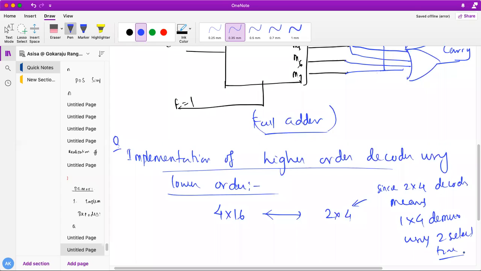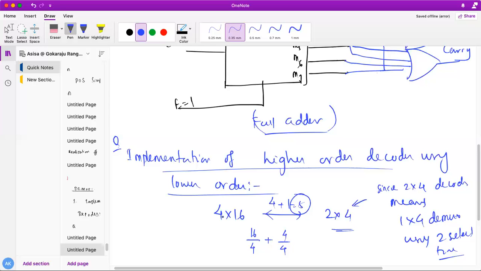So how many are required here? 16 divided by 4, and finally 4 divided by 4, which is 4 plus 1. So a total of 5 decoders are required. Five 2x4 decoders are required to design this 4x16 decoder.